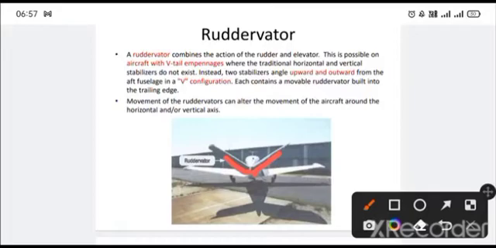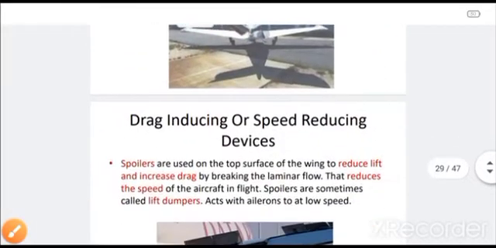Okay, about the horizontal axis, what is given? Pitch: we get the pitch with the help of the elevator action of the rudder waiter, and by the rudder action of the rudder waiter, we get the yawing action. Okay, next we have